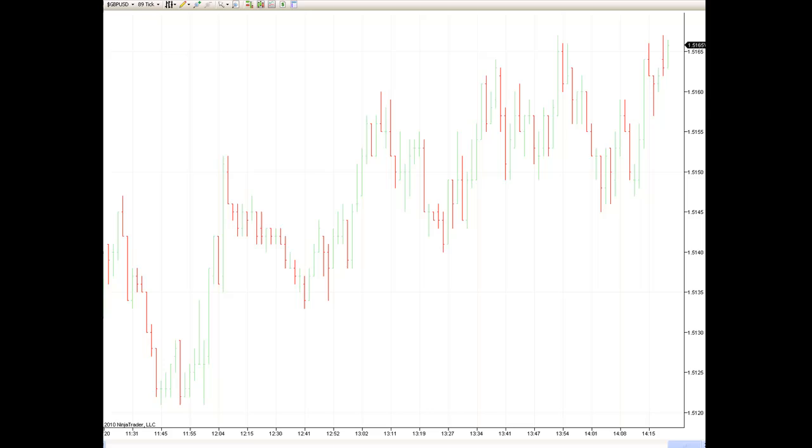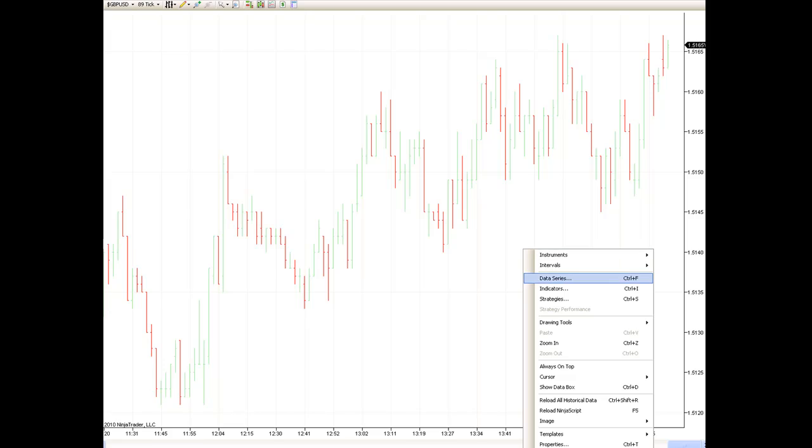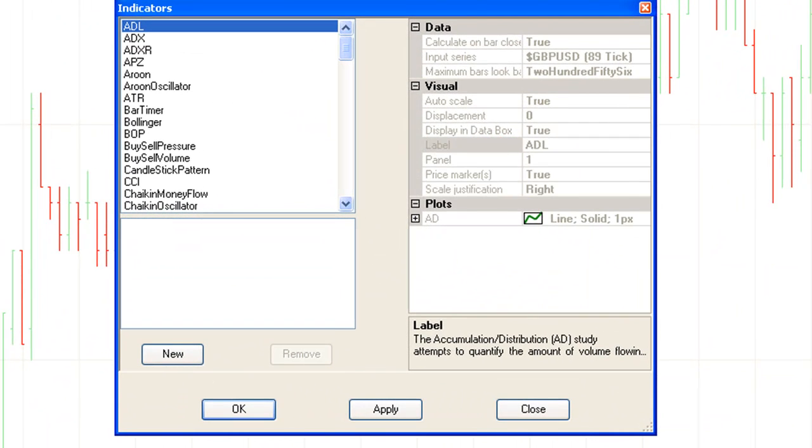My personal preference is to change this to bars. I would personally change the colours of them, but just for the sake of this, we'll leave it as it is. The next thing that I would do in an 89 tick chart would be to right click and then select the indicators,